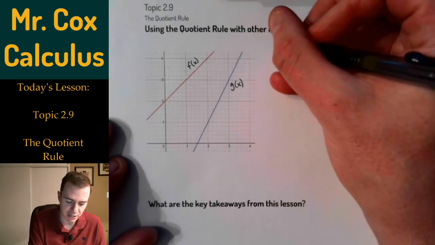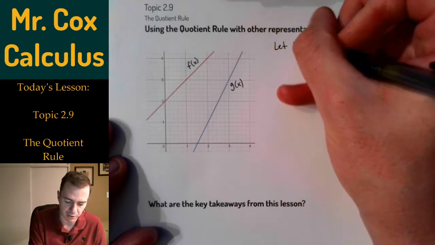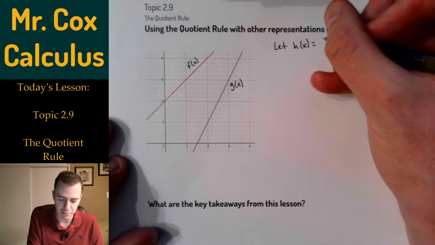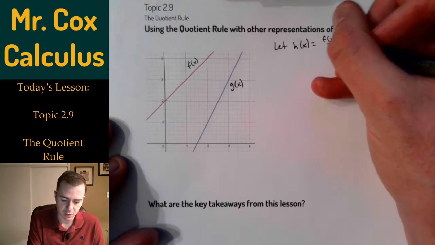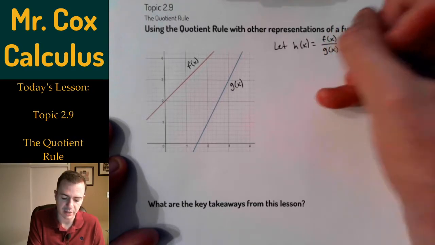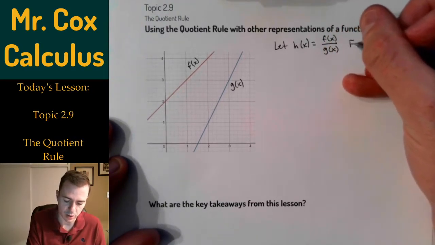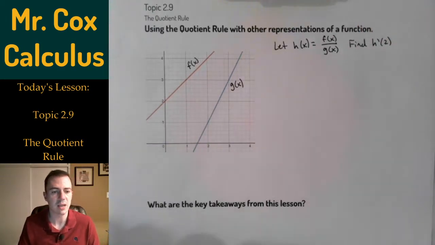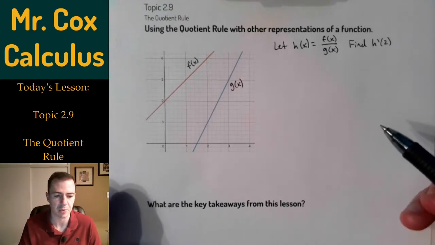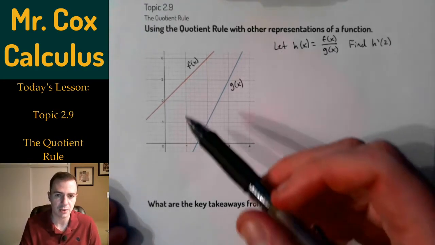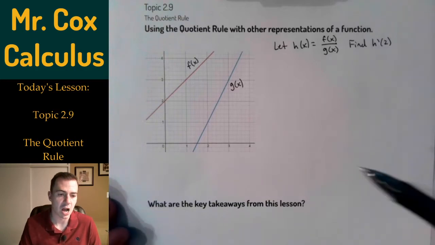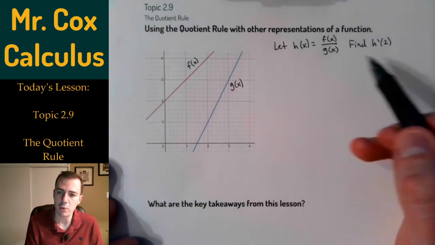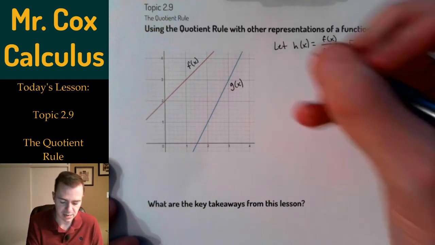And let's let h of x, since we're talking about the quotient rule here, be f of x over g of x. And what we want to do is find h prime of 2. This kind of question is very, very popular for your AP exam, either given to you graphically or from a table. Well, if I want to know h prime of 2, again, I need to take h